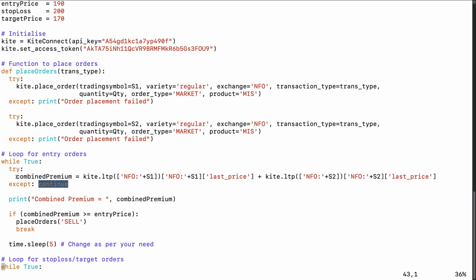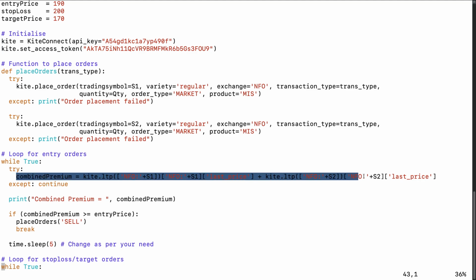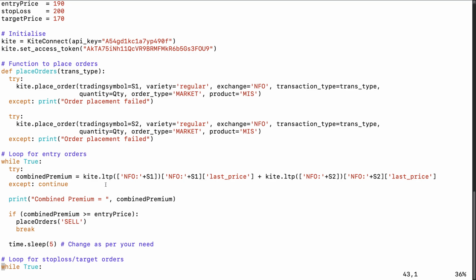Okay. So here what happens is it will try for this. If there is an error, it will come to this continue part and it will come back here and try this thing again. If this piece of line or code is successful, then it will come to the print part here. Okay. But before that, let's understand what is kite.ltp and what is it returning.